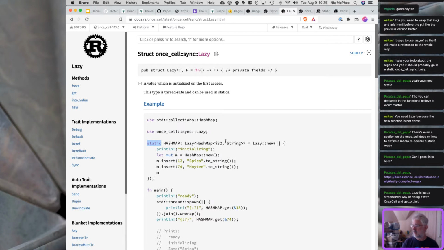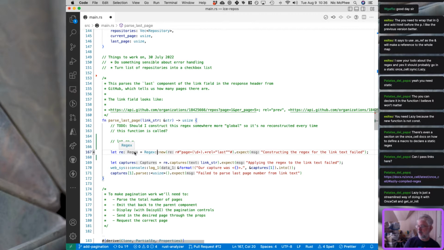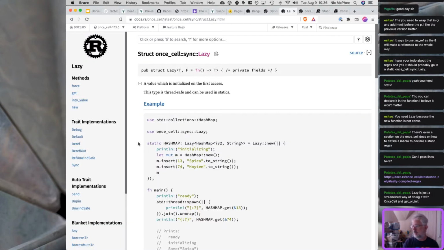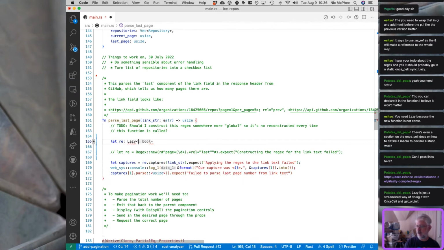So a lazy thing, so lazy new, and I'm gonna have to import that. Okay, make that go away. There we go. Regex. So it's just going to be of type regex. Okay. So I want to actually have that. And it's going to be lazy colon lazy regex boom